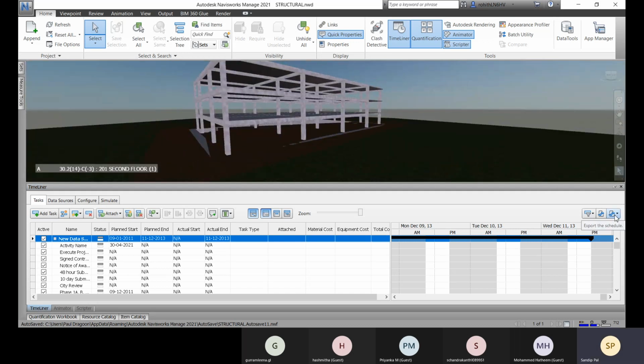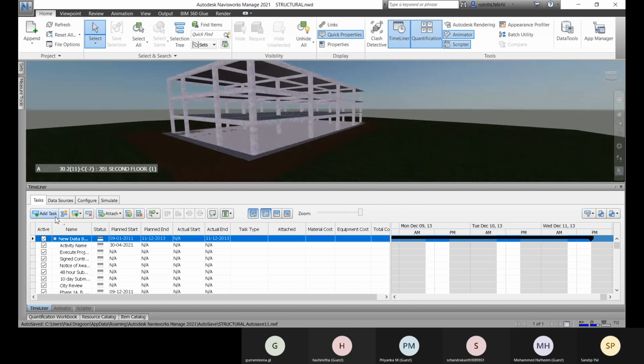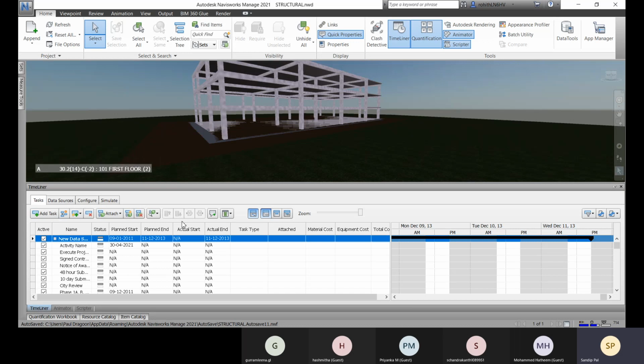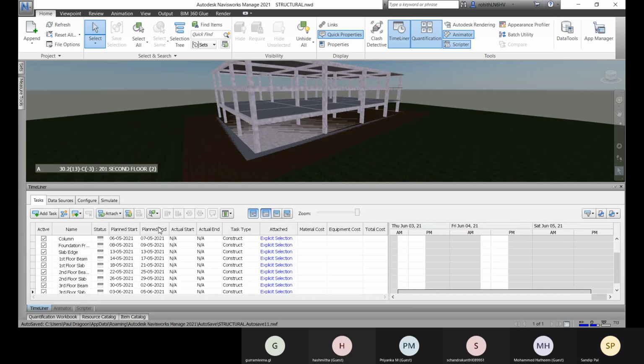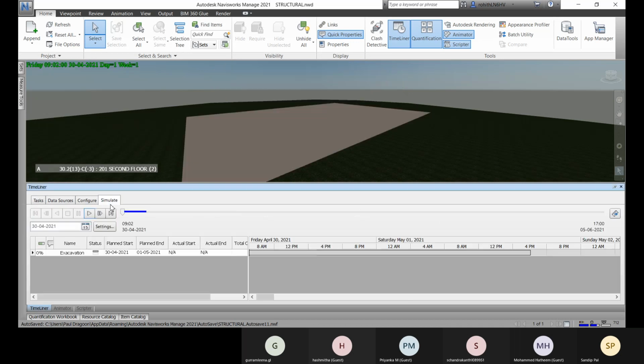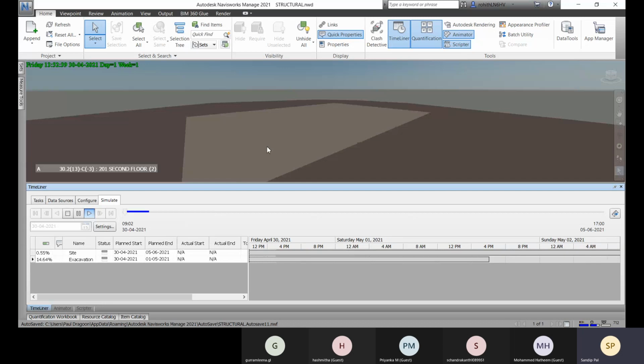You can export the values. And you run the simulation.